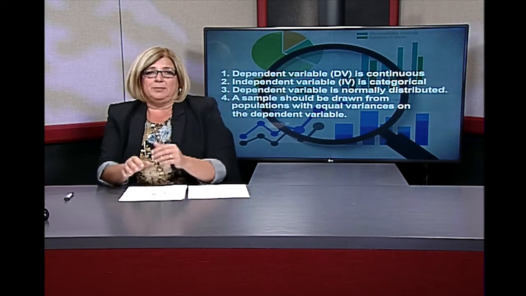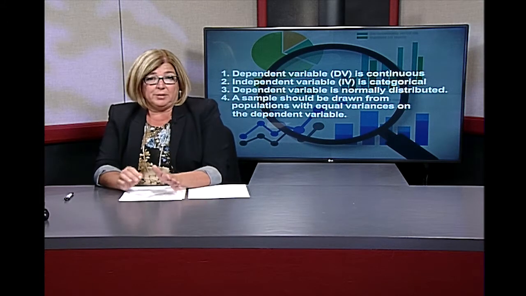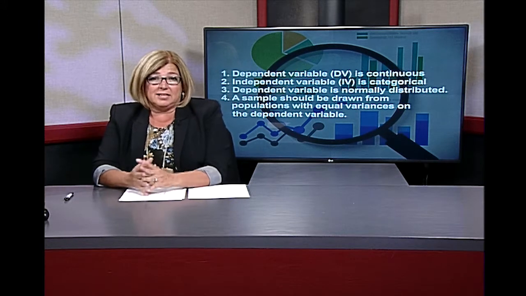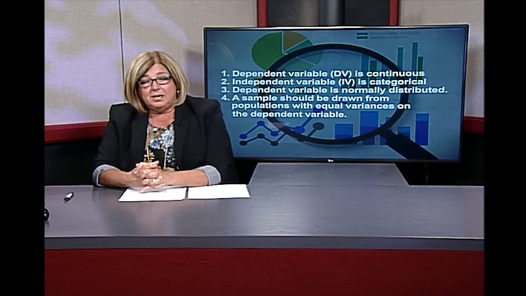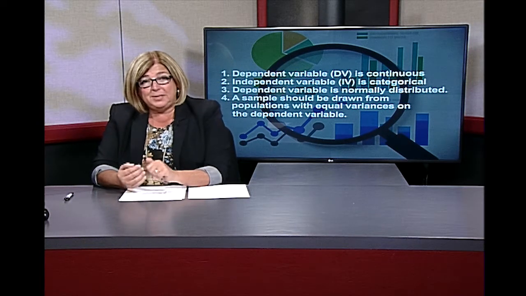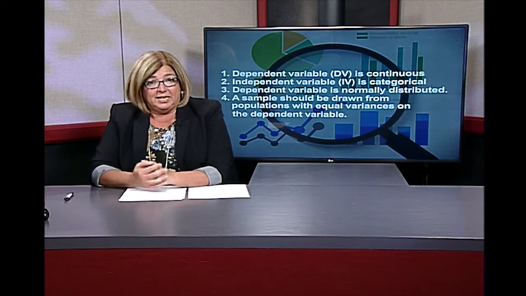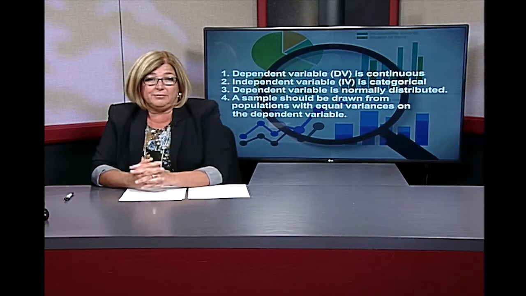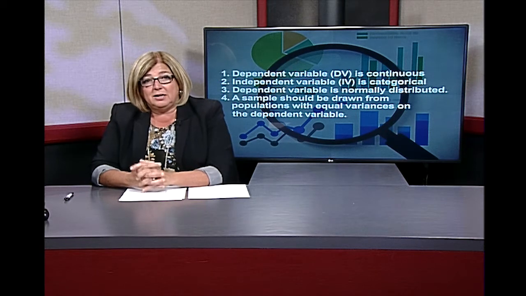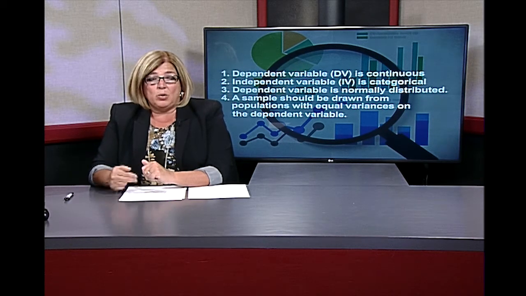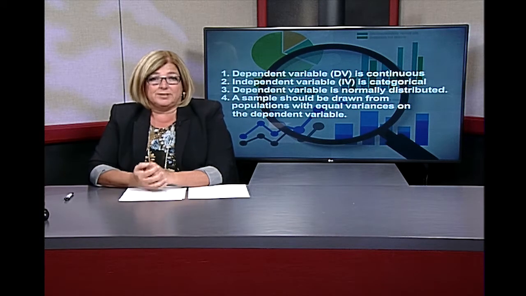Now, the last thing to talk about before we get into the specifics of the ANOVA model is that we are going to have, as we have always had, the confidence level set at 95%. And what does that mean? That means that our probability value, or our p-value, is 0.05. And that means that we use 0.05 as the standard for judging significance. In other words, if our outcome on the p-value is less than 0.05, then we are judging our results to be significant.